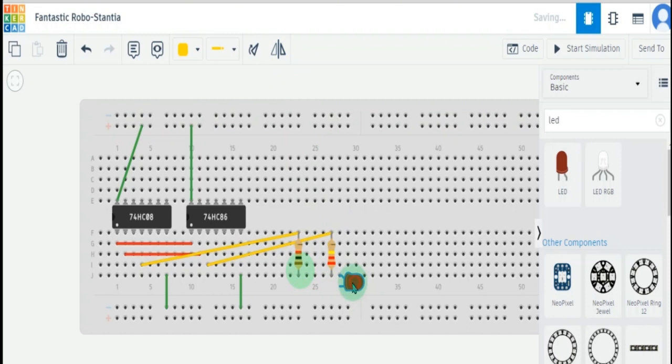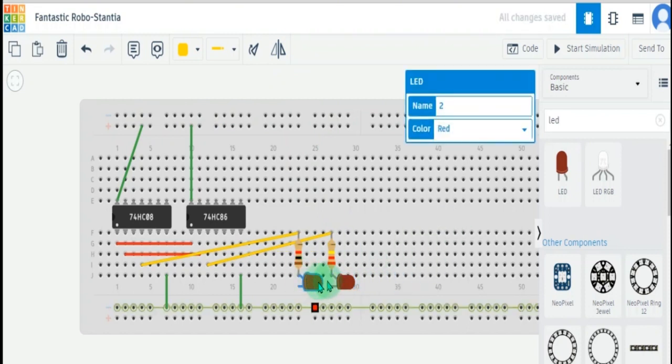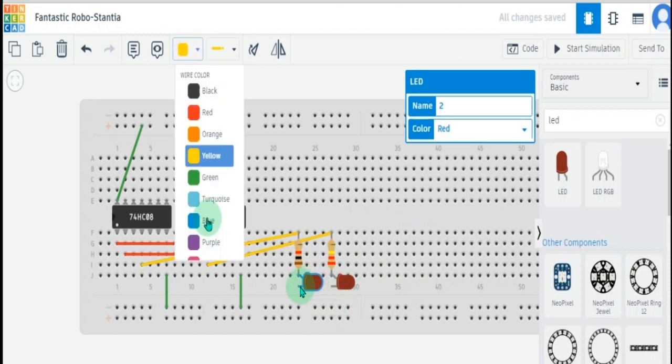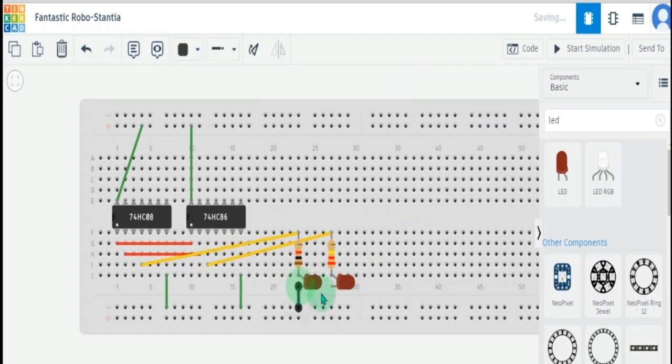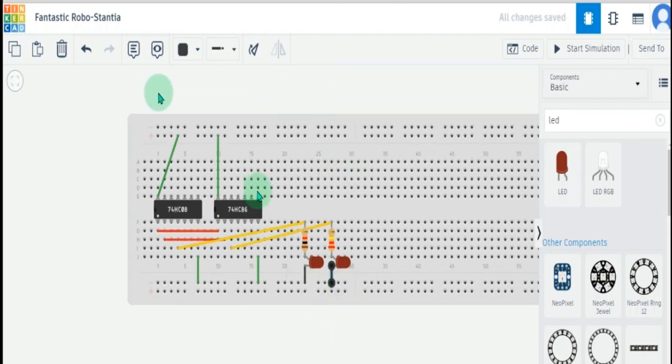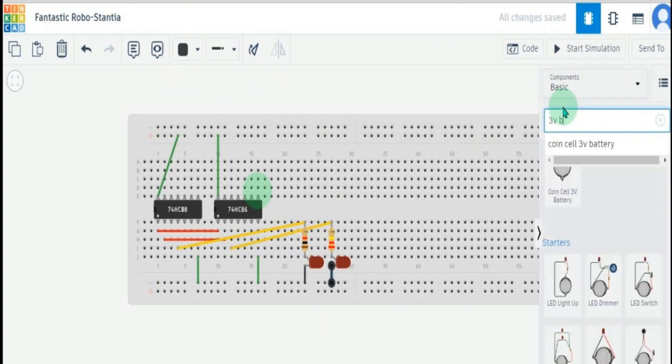Copy it and paste it over here, and we have to connect the straight pin, which is the negative terminal, to the ground. Now our circuit is complete.